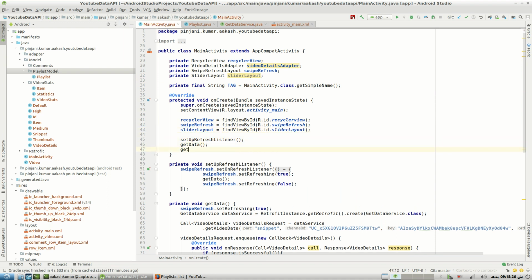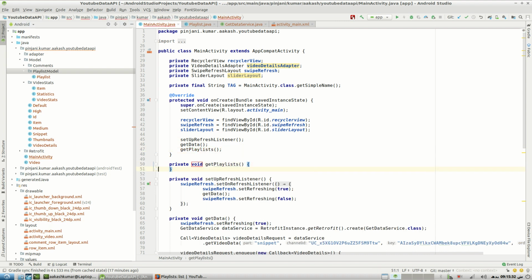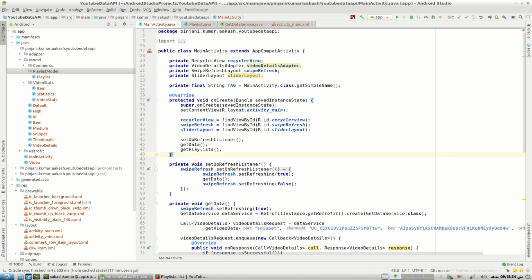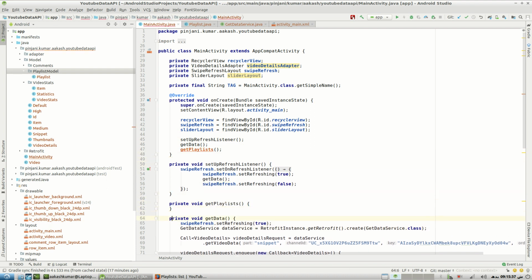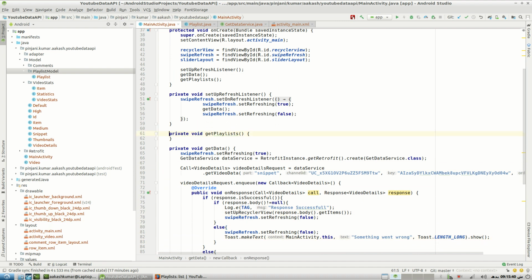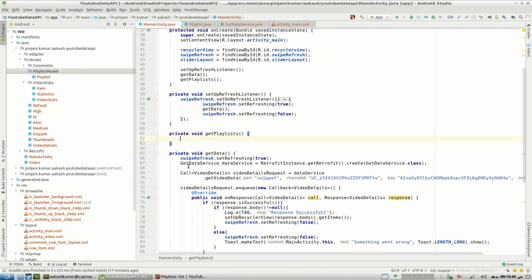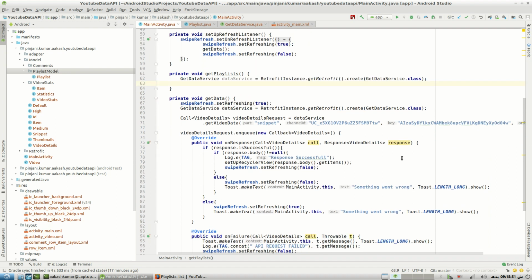Okay, I'm gonna create a function, get playlists. So I'm just gonna copy that because I don't have to write all of this again and again. We have done this before. So inside this I would have to write,